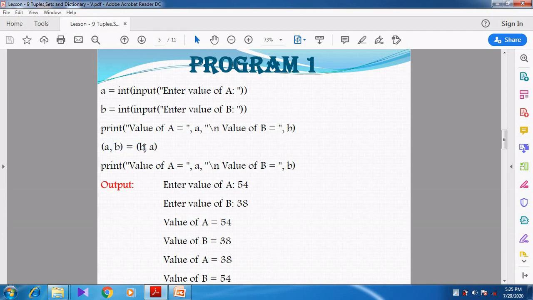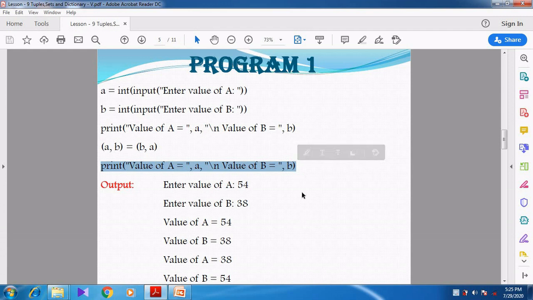The value of B is assigned to variable A, then value of A is assigned to variable B. Then we are going to print the value of A and value of B.